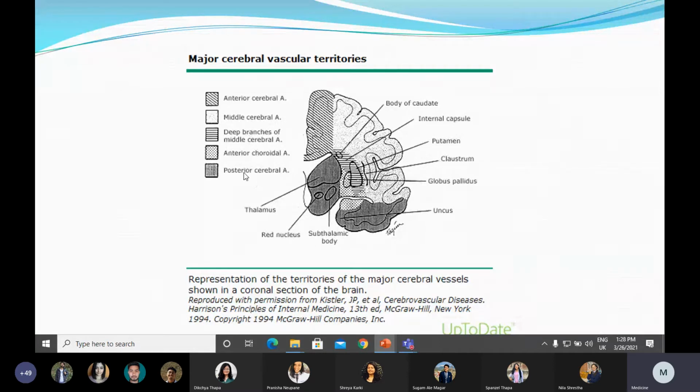Why this is important is that if part of the anterior cerebral artery is occluded, then the signs and symptoms will be compatible with the frontal lobe. If the middle cerebral artery is occluded, then you will have signs and symptoms that would be from the internal capsule or from the